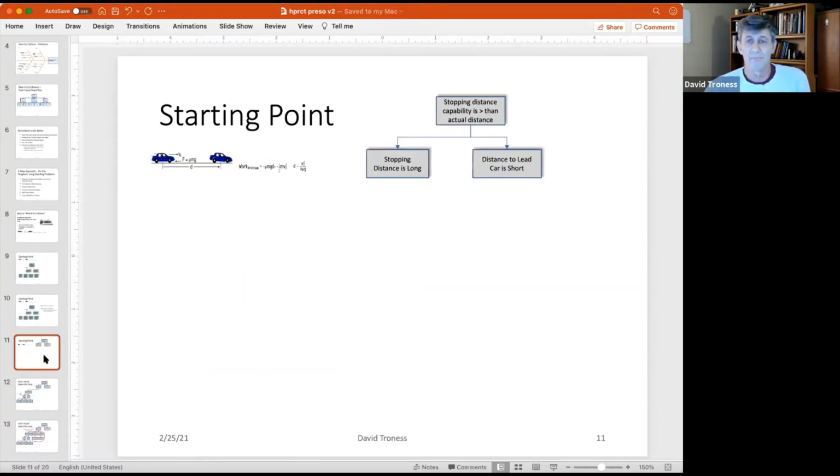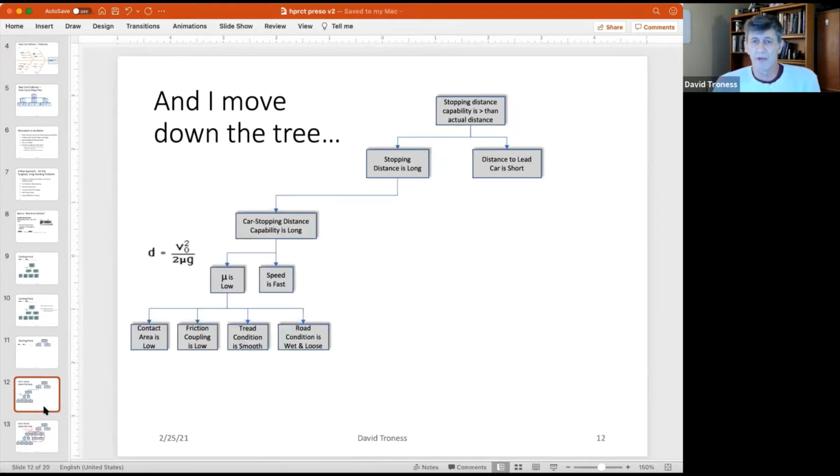So with that, I would start to say, okay, stopping distance capability is greater than the actual distance to the next car. So there's two parts to that. The stopping distance is long and the distance to the lead car is short. Simple as that. And of course, we'd want to put some data there typically. Going on from that, we would say,